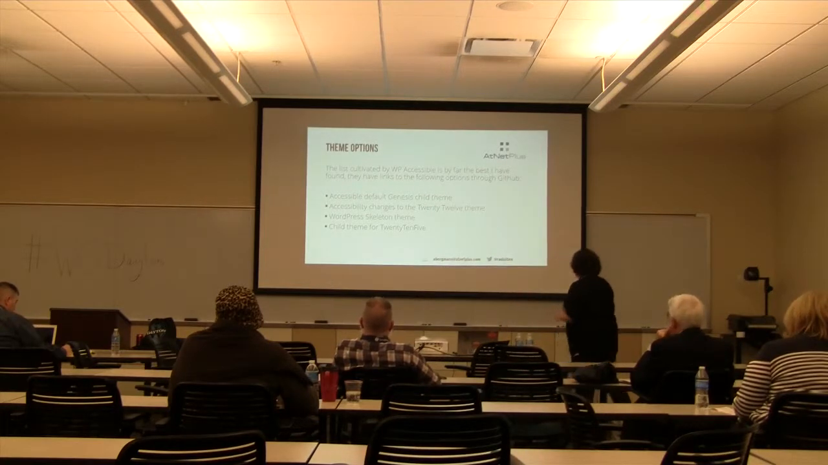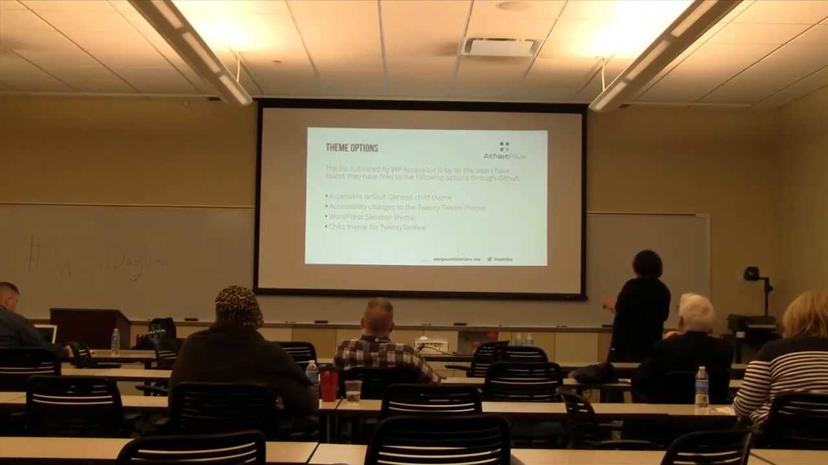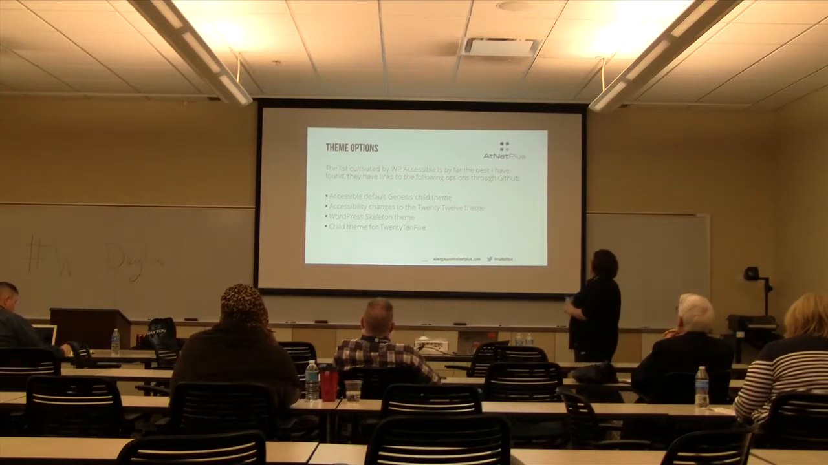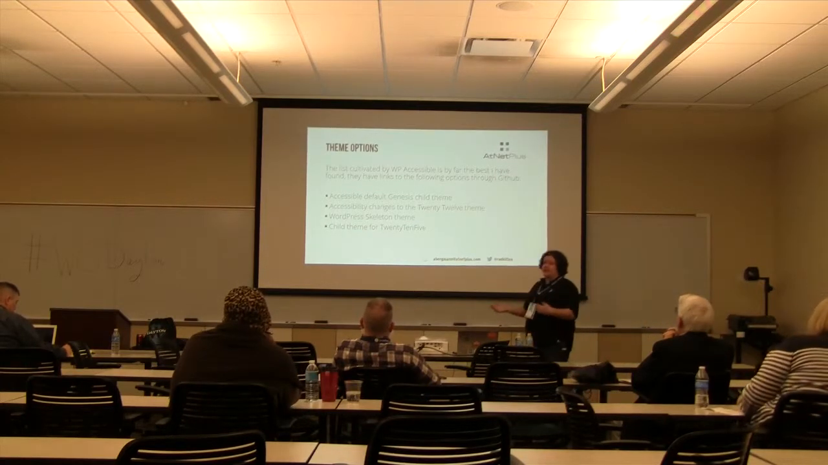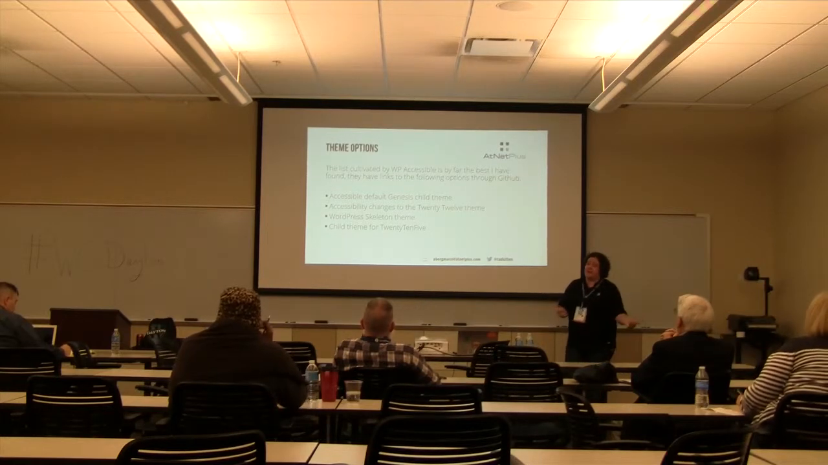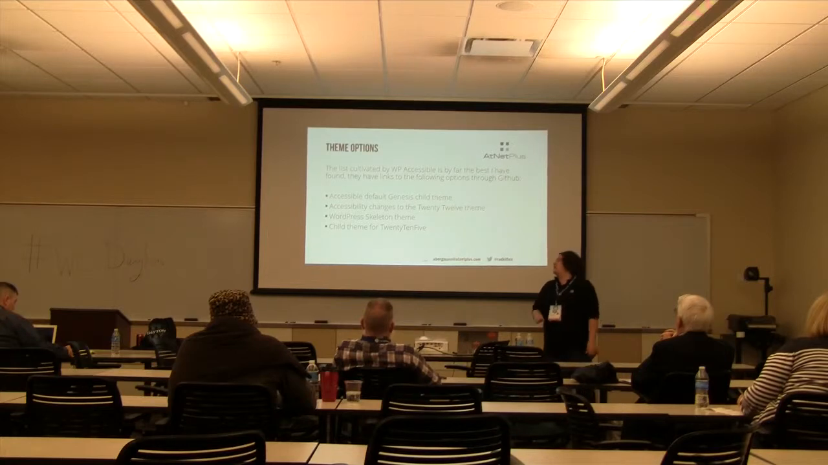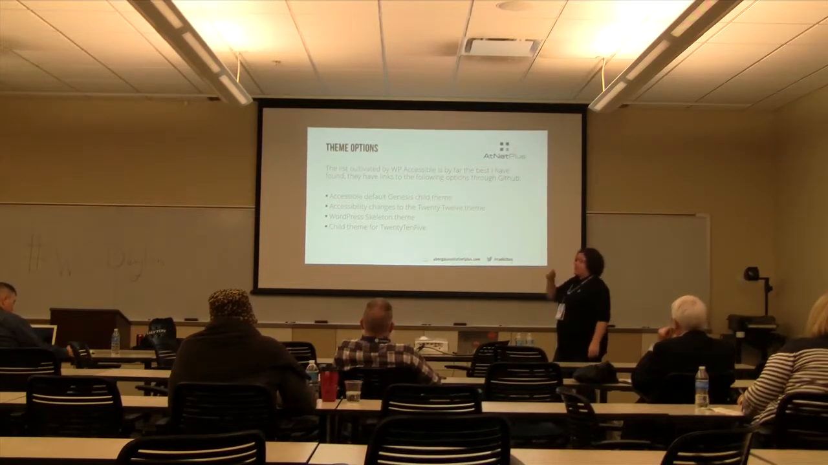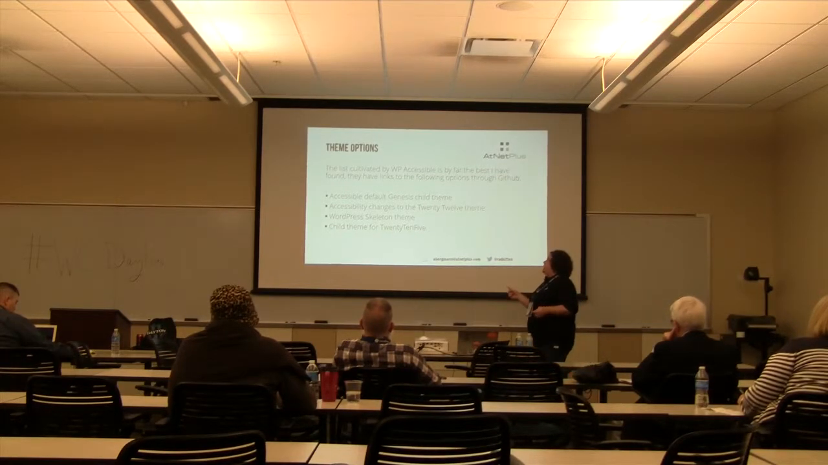So with your theme options, like I say, WordPress Accessible has a really good curated list of your accessible theme options. There's really only 4 or 5 out there, and then you kind of have to build off of those. I will say they recently, and I think it was actually earlier this week, released an update to the Accessible Genesis child theme,